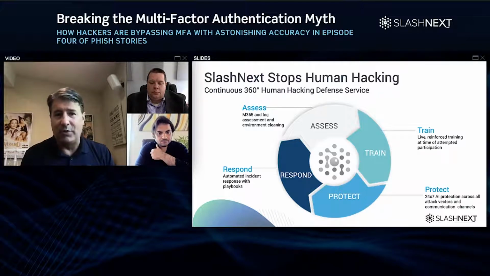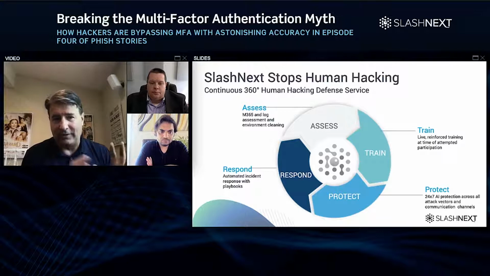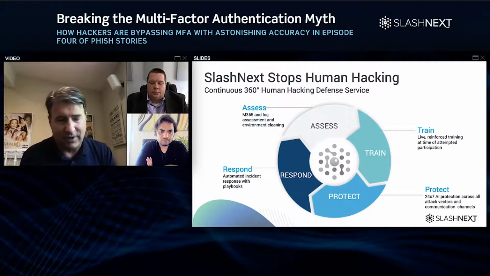You're going to see who are the most abused users. Again, it's not uncommon that we'll see, as you can imagine, high value users like CFOs, CEOs, people that have product information or IP. Those are the ones that are likely to be attacked, and you see the multitude of attacks. So we believe, again, take that baseline assessment. We do run this as a self-assessment. You can run it on your own environment. You'll see it's a very 1, 2, 3 process. It takes about 5 minutes, and you'll get a report, right? And then we can run through that with you and show you where you currently sit.